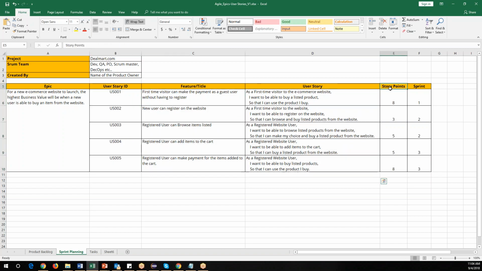But here, additionally, we need to add the story points, and on which sprint a particular story is planned. Based upon the story points, let's say 8 is complex, 3 is minimal, the size and complexity are very small, and 5 is medium. So 8 is complex, 3 is minimum complexity, and 5 is medium. This story points estimation is decided by both dev as well as QA. So once we have decided these story points,